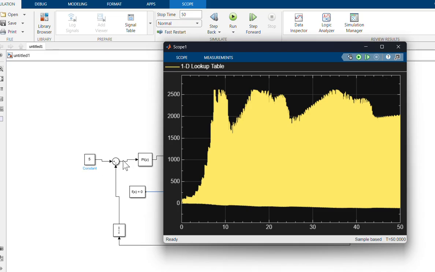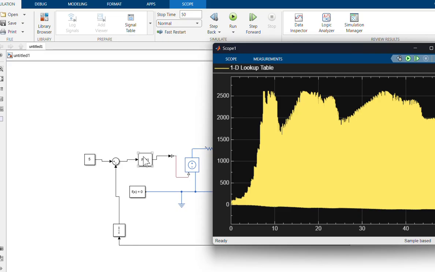It differs from 5 to the other parameters, and then it's relevant to the PID, PI also, PI parameters.